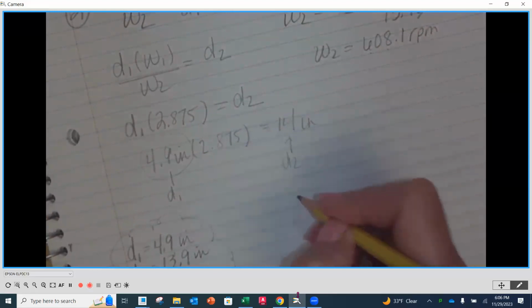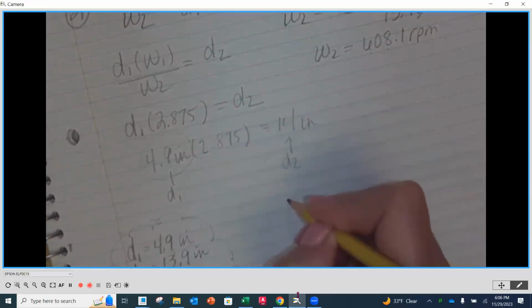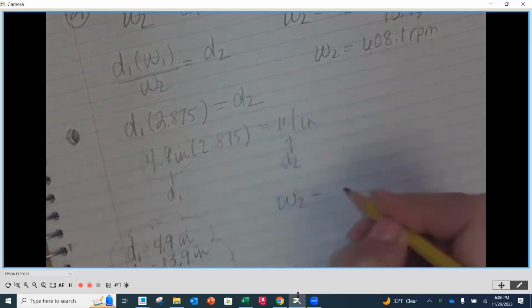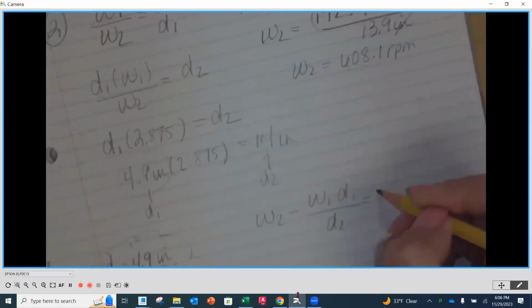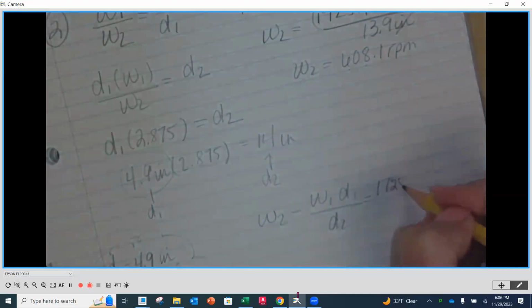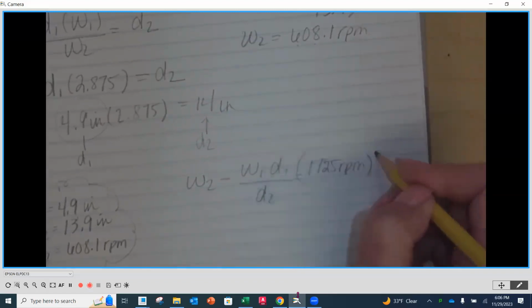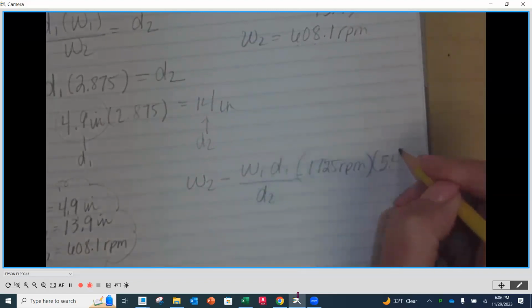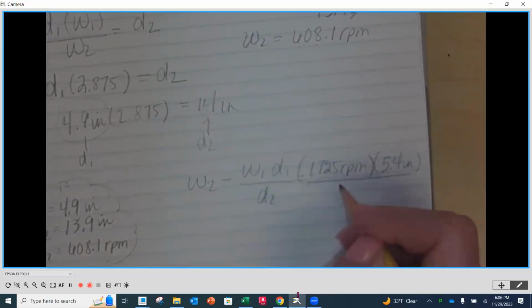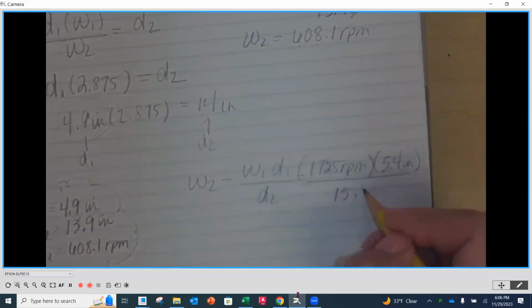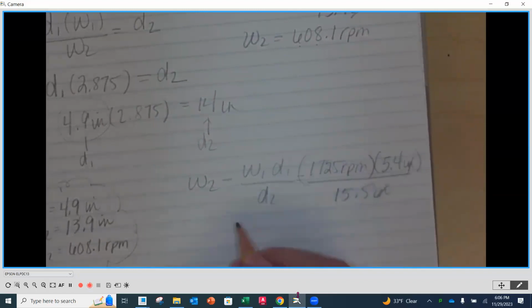So here we would have, I'm going to rearrange: my W2 is going to be equal to W1 times D1 divided by D2. There we go. 1725 RPM. Our D1 is going to be 5.4 inches, and our D2 is going to be 15.5 inches. That cancels. So our W2,